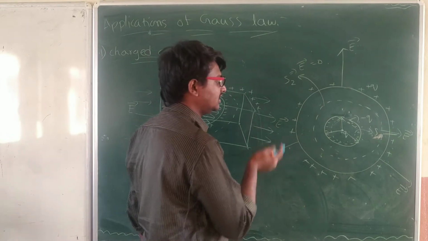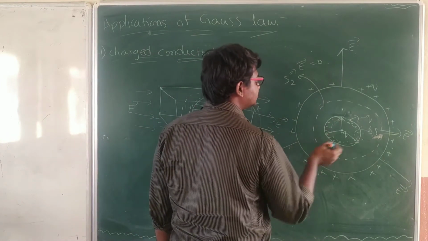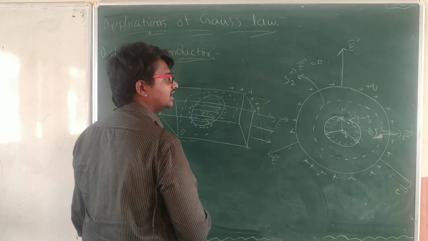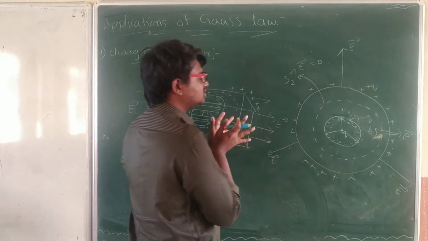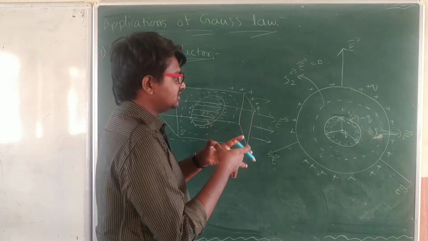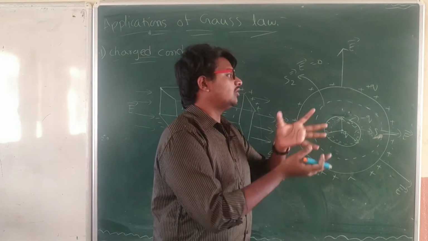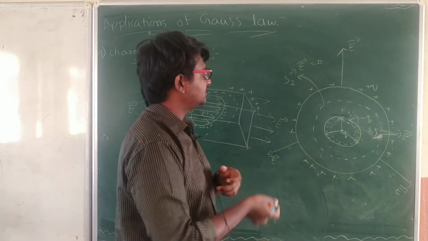The total charge on the shell is equal to 0. Here the charged one is not the shell, the charged one is this point charge having plus q charge. Okay, what is the shell doing? The shell is just advancing the electric field to spread over a long area. That's it. That is the thing it is doing.